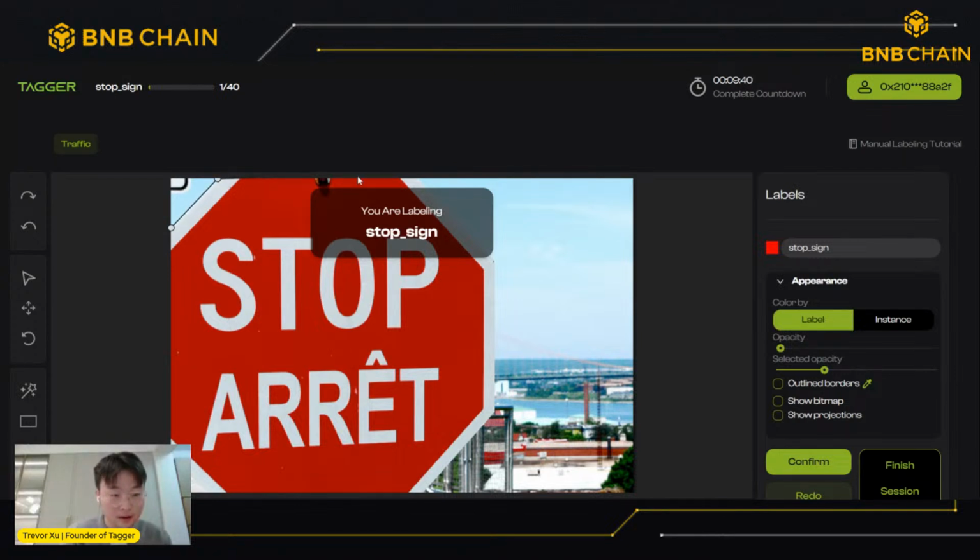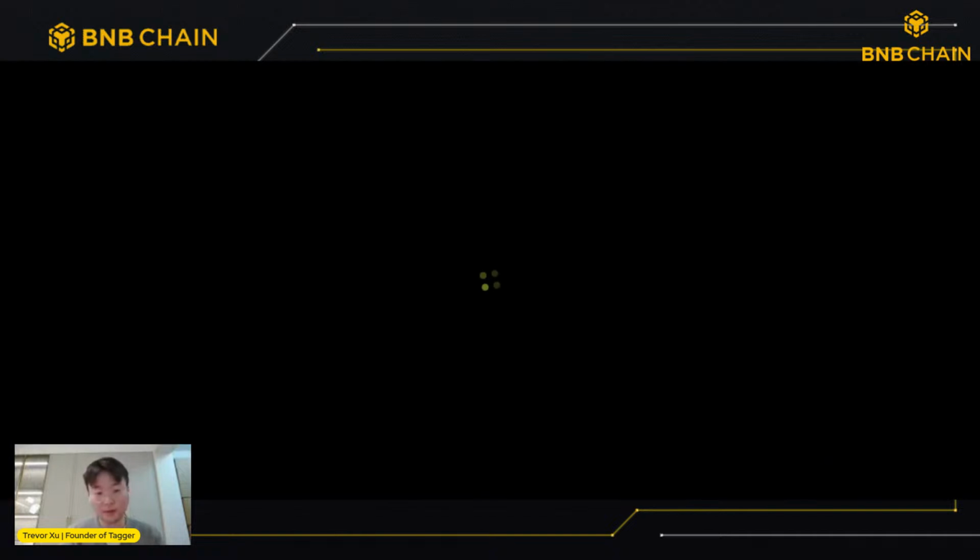It basically just outlines the shape, so that's very convenient for something like a polygon or an octagon over here. Okay, double click to finish. Now I've successfully outlined the stop sign. So I press confirm to submit this task.